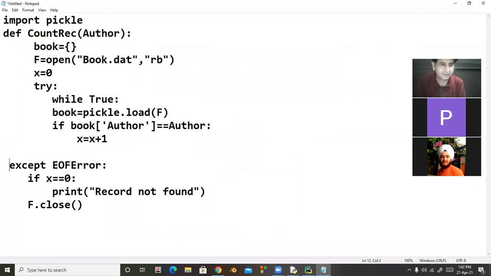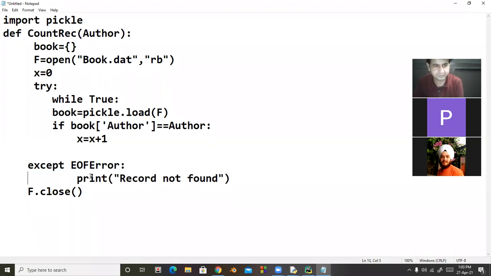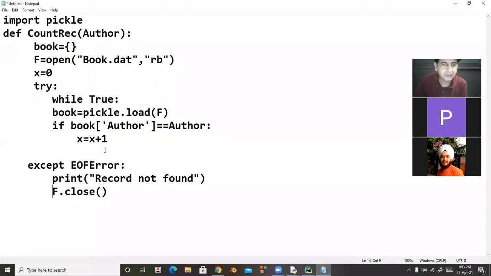After reading, when the file is closed, then we will display the number of books written by that author. So here we will display x. So this is all about the program.